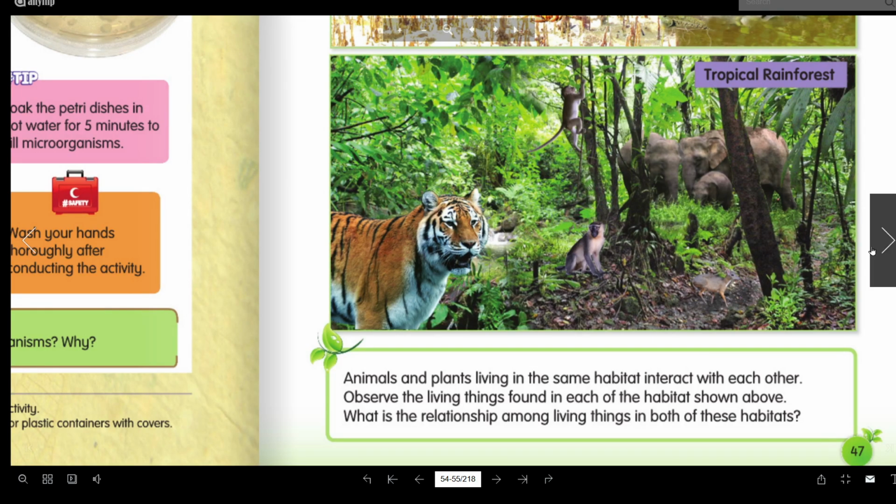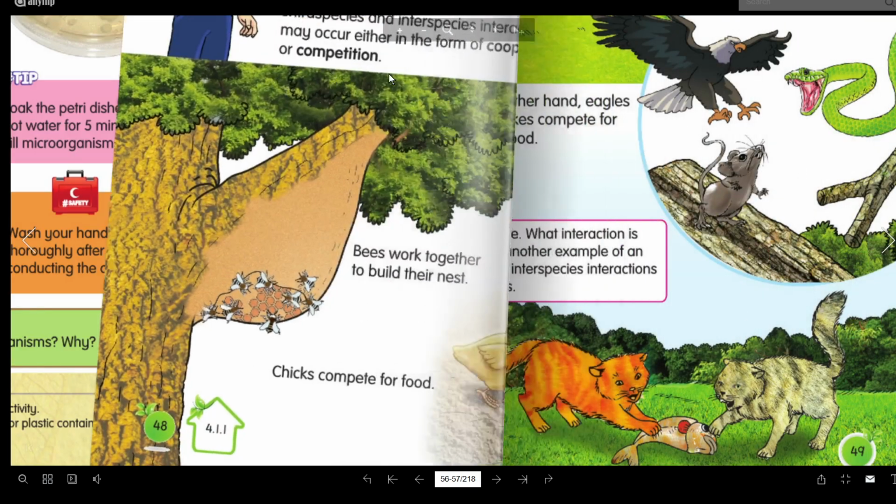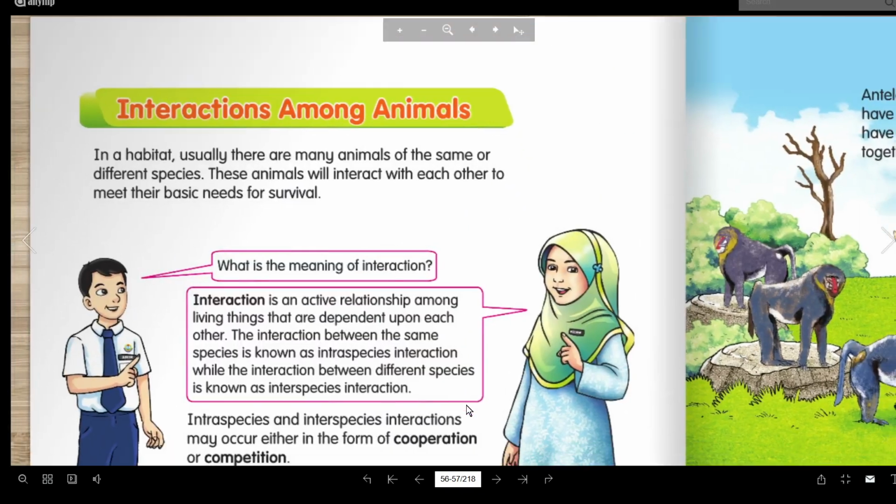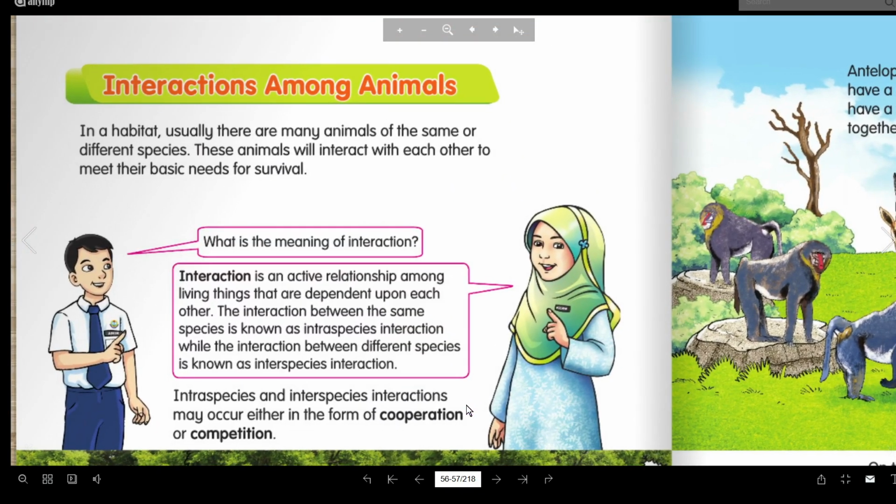So basically, what is the relationship among living things, and this is what we are going to learn in this chapter. So let's start with this. In a habitat, usually there are many animals of the same or different species. Like there's a species of monkey, so it's not like there would be only one monkey, right? There are going to be different species and same species, and they interact with each other for their basic needs